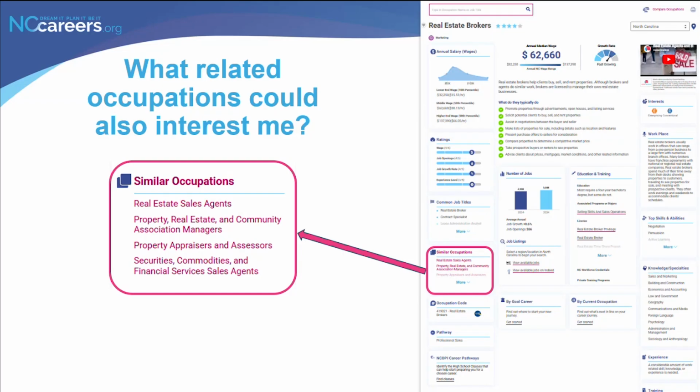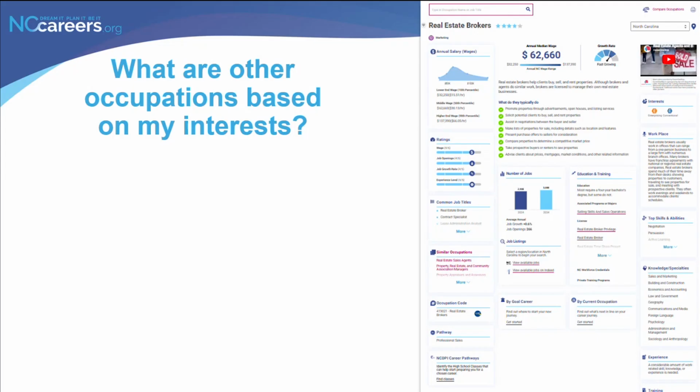This could probably be considered more of a smaller pivot that still draws on her existing experience. Within this block, each of these links also goes to another occupation profile so she can continue to learn more. It lets her know what occupations could still interest her that are related to what she already has a skill set in.